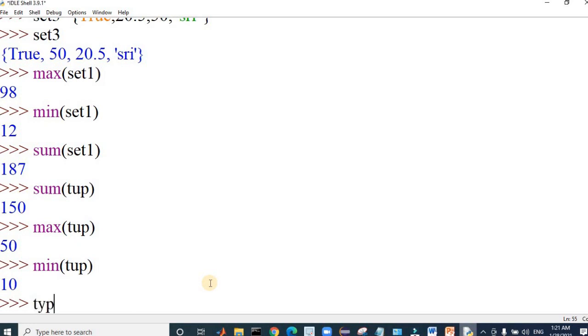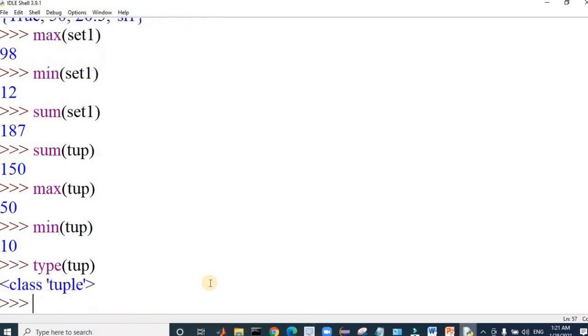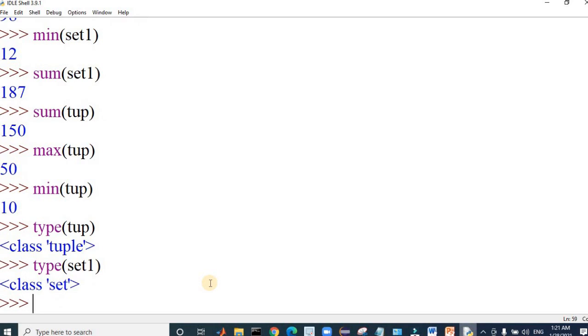Similarly, we also have the type function. If we want to know the type of a particular tuple or set, it will print it using the type function. We can see that it got printed.